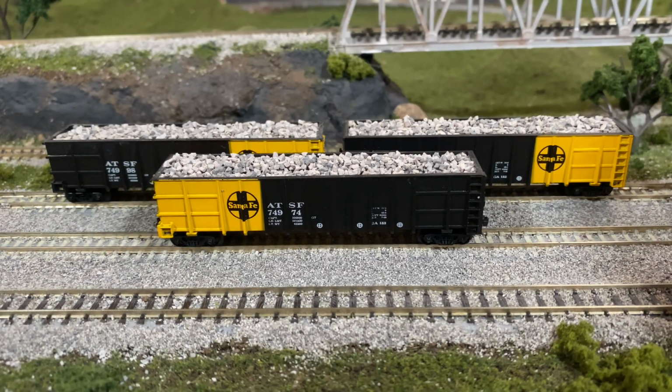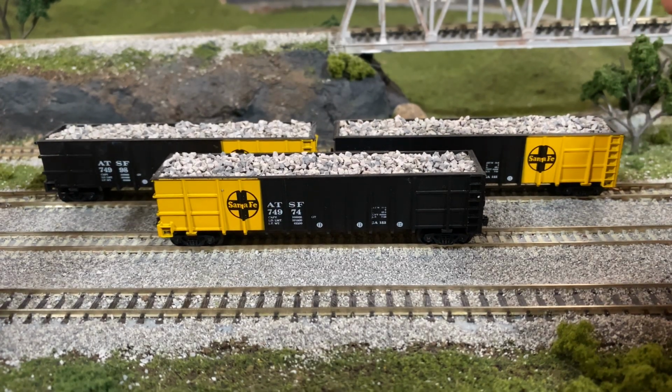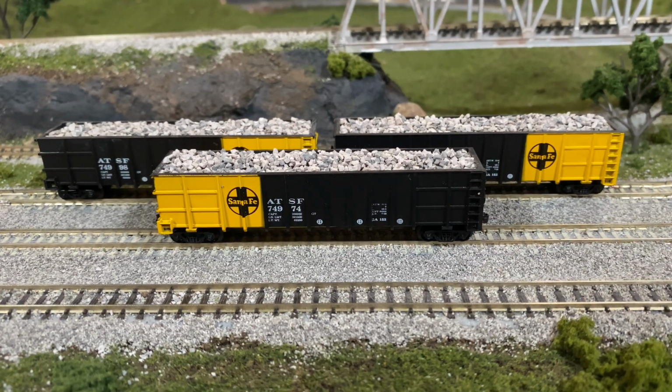So we've got a set of roundhouse high-sided gondolas in front of us, and these are a little bit different than what I've been doing the past couple of videos. These are really budget end rolling stock, and for every couple of really expensive pieces of rolling stock that I try to review, I really want to look at some budget end stuff, and these have been an awesome